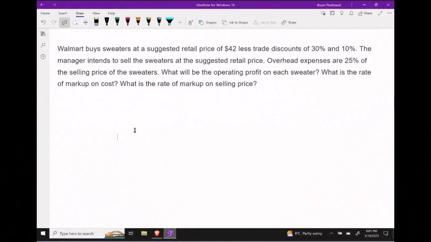In this video, we're going to solve the following word problem about merchandising. Let's suppose that Walmart buys sweaters at a suggested retail price of $42. However, Walmart is going to get two trade discounts on the sweaters of 30% and 10% respectively. The manager is going to turn the sweaters around and sell them to the public at the suggested retail price